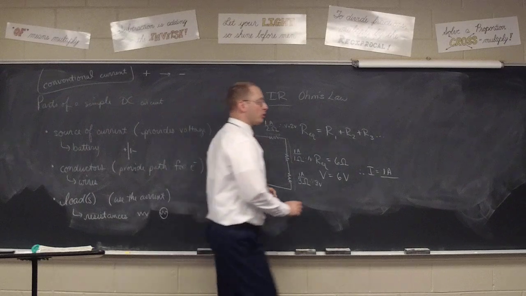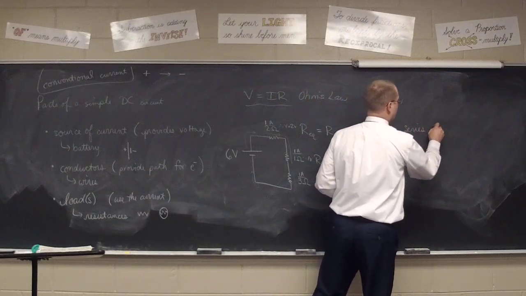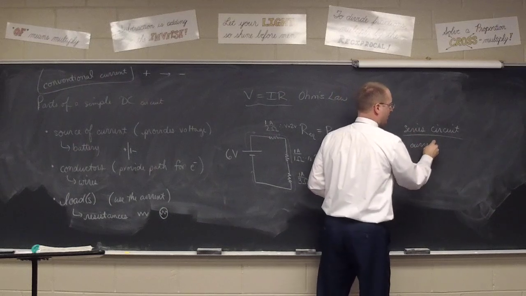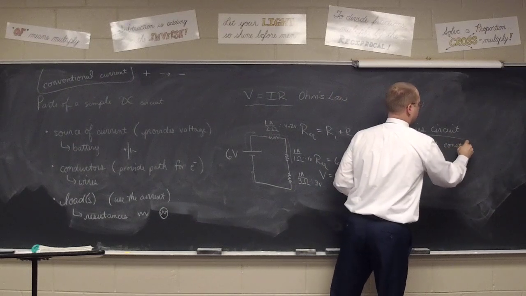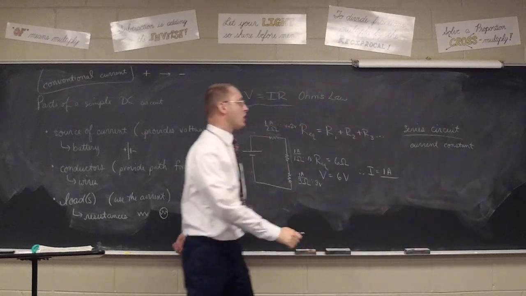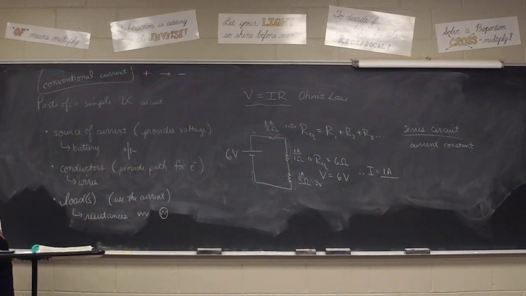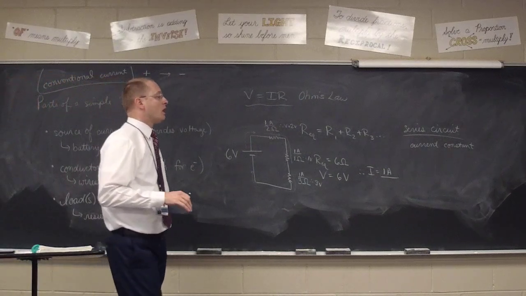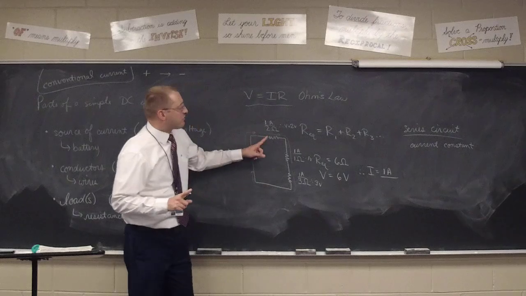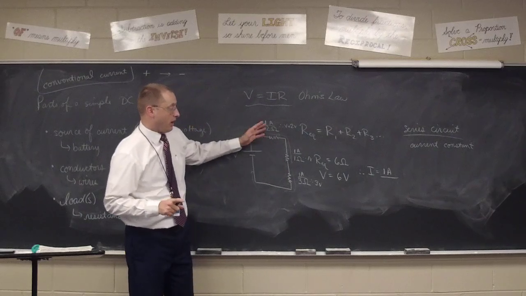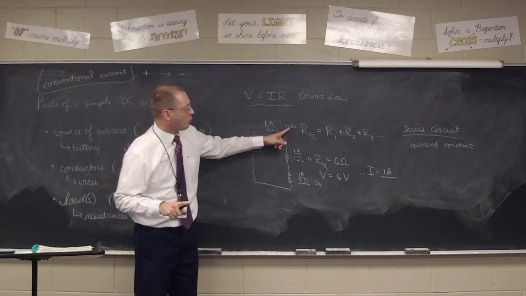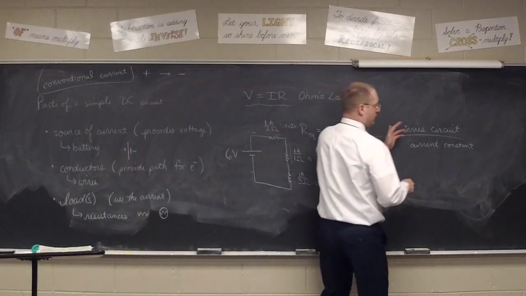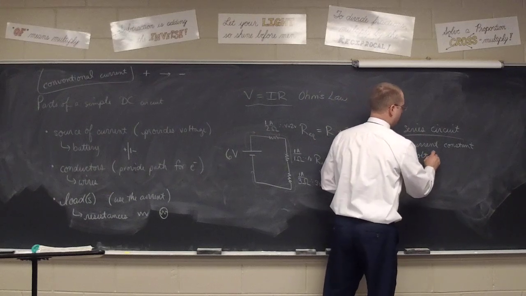So in a series circuit, we need to know that the current is constant. We need to know that the current is constant at every resistance, because there's nowhere else for it to go. But what you notice is what is different at every resistance. Well, obviously the resistance is, and because of it, the voltage varies at each resistance. Do you see that? So we need to know that for the series circuit, current is constant and voltage